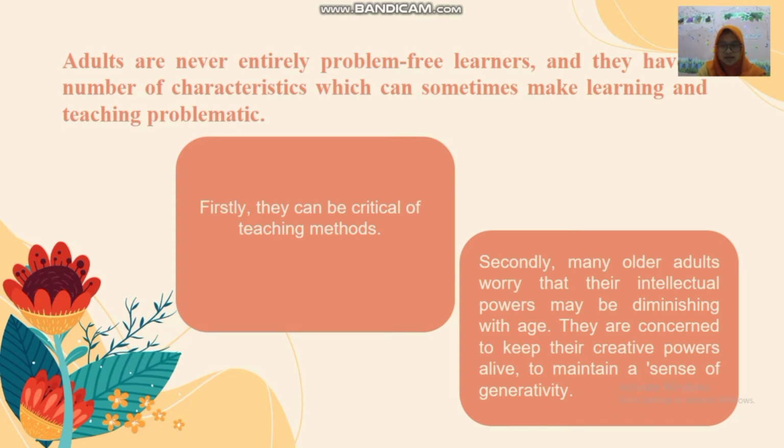And the second is many older adults worry that their intellectual powers may be diminishing with age. They are concerned to keep their creative powers alive to maintain a sense of generativity. So if we become more adult,